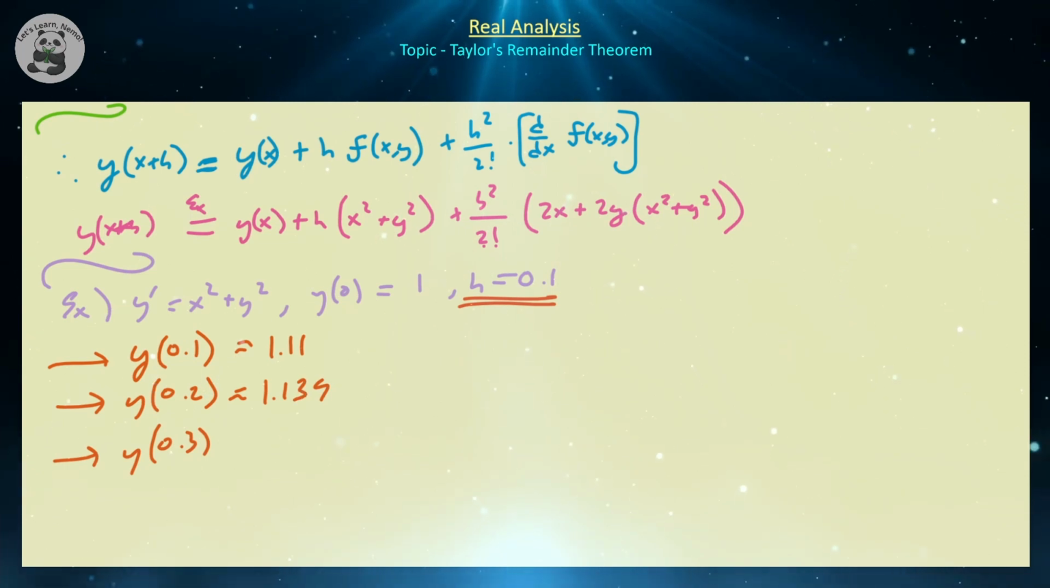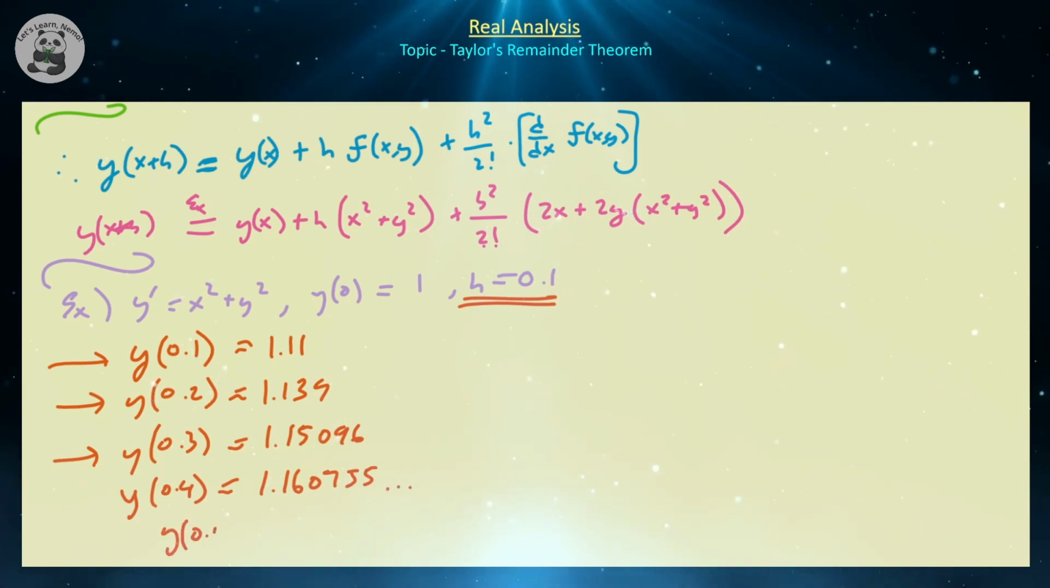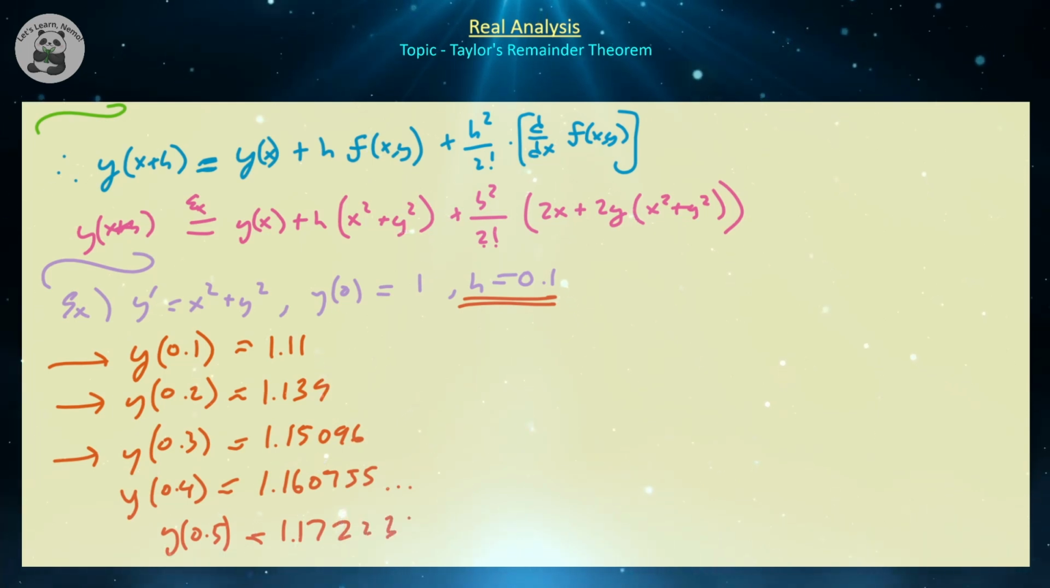It's 1.139, and then y of 0.3 will come out to about 1.15096, y of 0.4 will come out to about 1.160755, and so on. And then y of 0.5 is approximately equal to 1.172232. Right? So definitely the Taylor series method gives us a numerically sound way of approximating solutions to first order differential equations